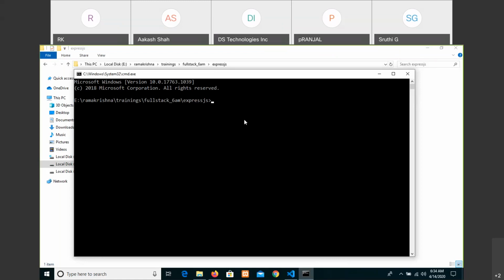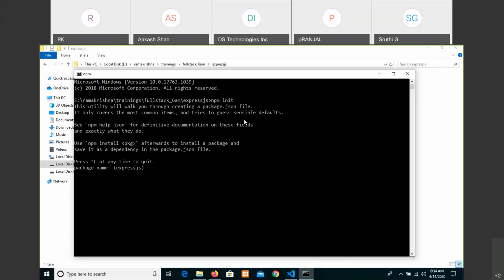Most of the time it will be created with npm, and here we are typing the command to create a custom package.json file: npm init.